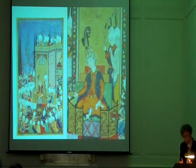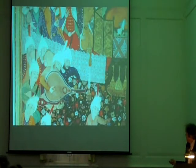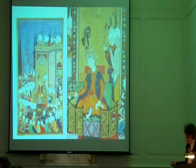Again, Sam Mirza was not actually in revolt, but there were certainly tensions between him and his brother Shah Tahmasp, and this picture is at least a bolstering of Sam Mirza's prestige in a pictorial capacity. And of course it was executed by one of the finest Safavid painters, who has left us a signature on the throne. You probably can't see it, the signature is right down here. It's very small, but sort of in the textile